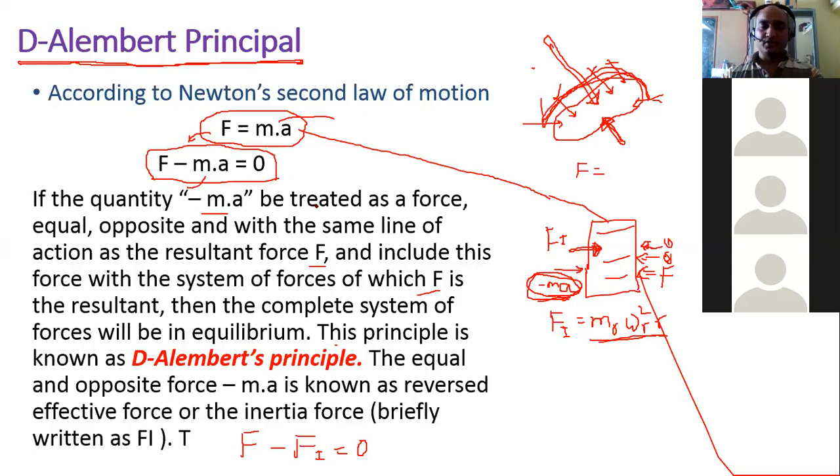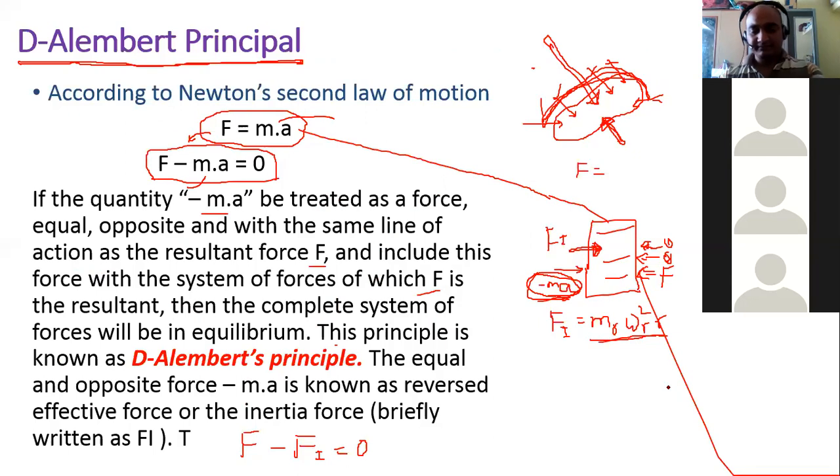Okay, so to understand again, in static force analysis, we have only one principle, that is D'Alembert principle. On the basis of this principle, we are going to directly solve very important and very complex problems very easily. Just before going into the problems, we'll try to understand one more concept here.